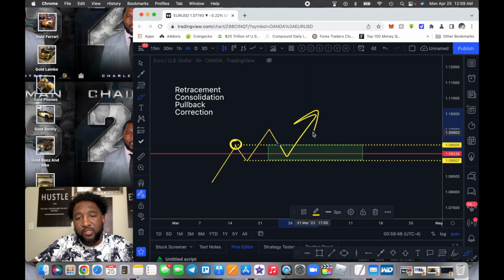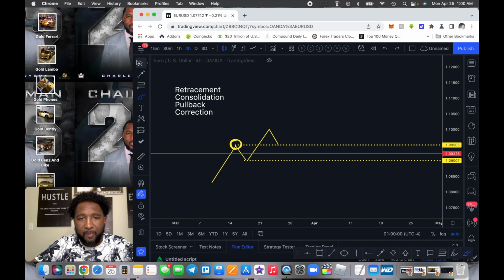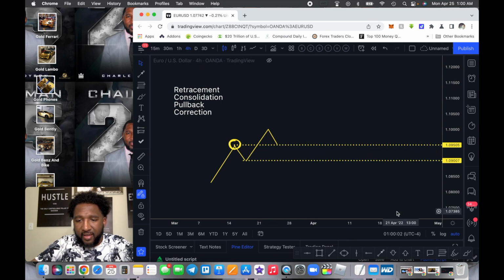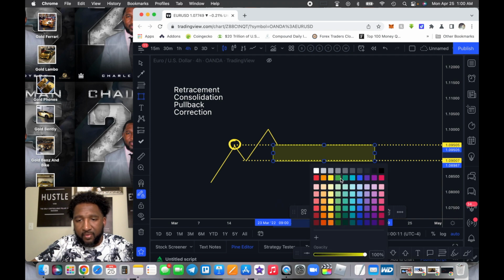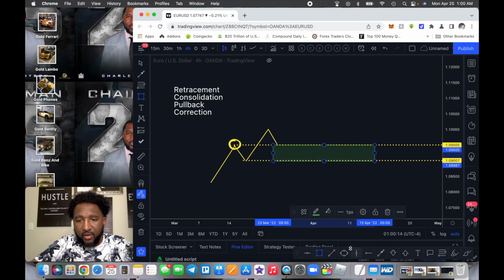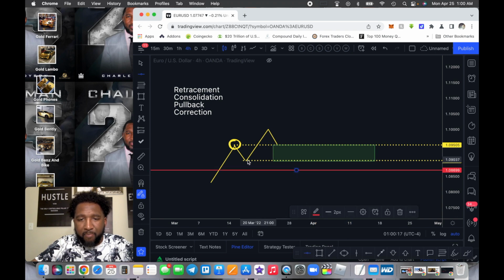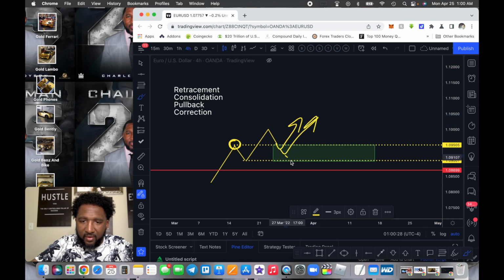So if most of the world is being educated incorrectly, that's why most of the world is losing in their trades. But now that you have the right information, okay, and you understand that this whole entire area right here is a potential buy zone, now that you understand that, what will you do? It will be wise to put your stop loss below the buy zone. So no matter what the market makers decide to do, no matter how low in this area they decide to go, okay,